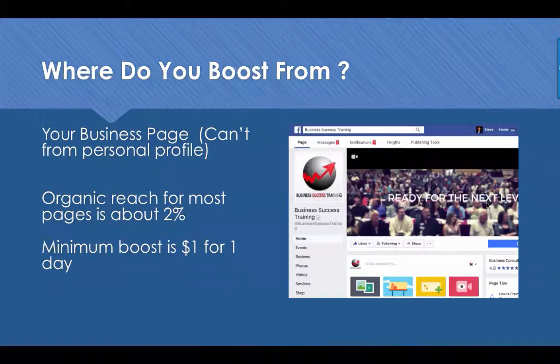I have somebody on a webinar that I coach. It's Lisa Hill. And as soon as she started boosting her posts for $1 a day, and I told her to boost every post at least for $1 per day, she was amazed by the number of likes she got, the comments, the interaction, and also the reach. So we're not just doing it for reach, we're doing it really on the end game to get that interaction, because that's where the conversations come from, and we'll talk about that.